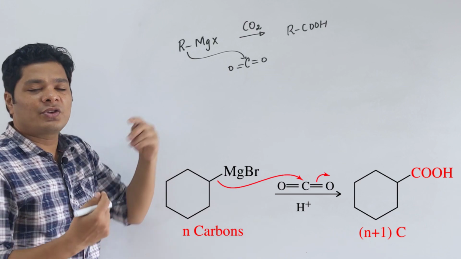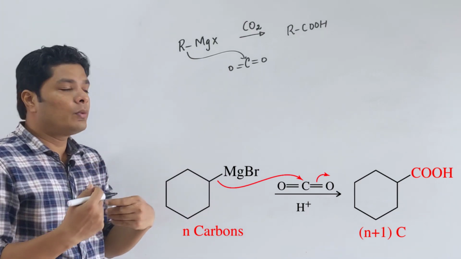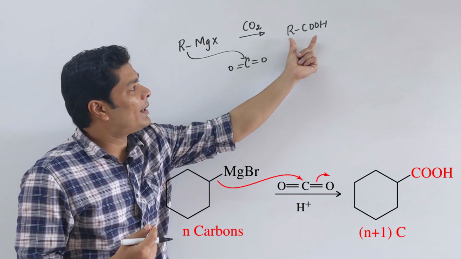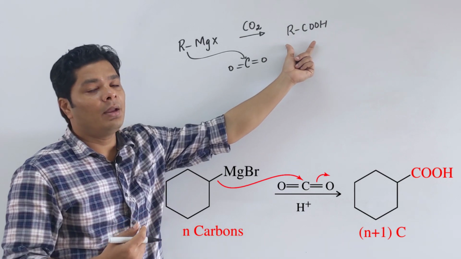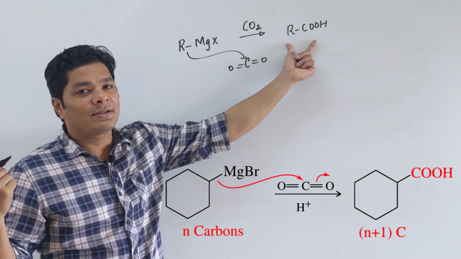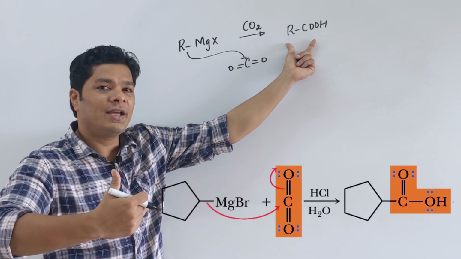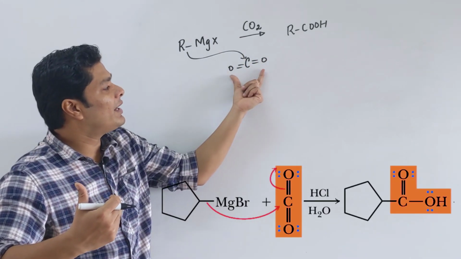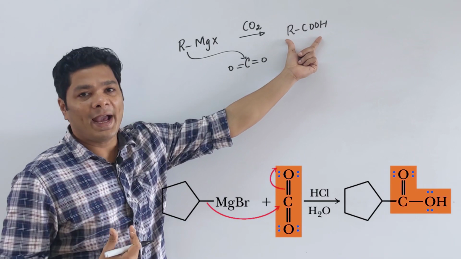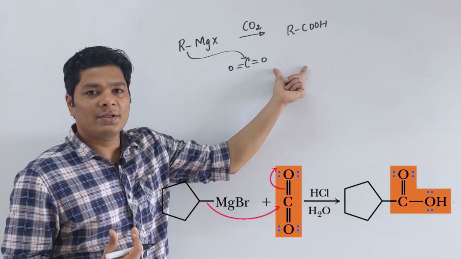So, Grignard's reagent is extremely simple to synthesize. So, look at it this way. I want R group attached to COOH. That R can be arrived from alkyl halides. So, start with an alkyl halide, put Mg, ether, you get the corresponding Grignard's reagent. That Grignard's reagent with a weak electrophile will give you the corresponding acid. This is extremely straightforward synthesis.